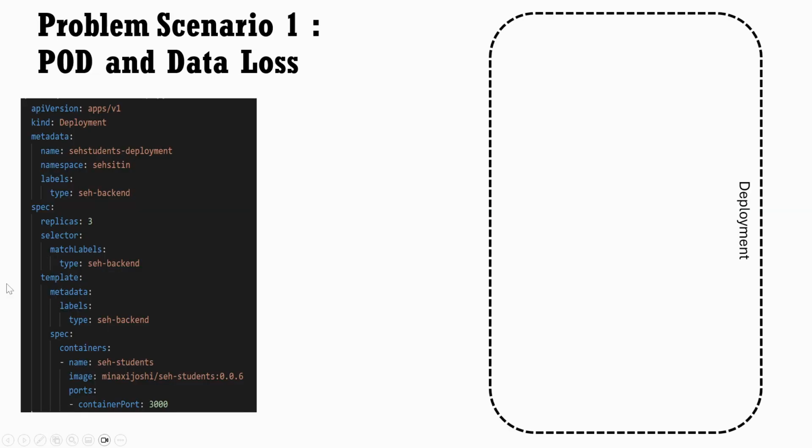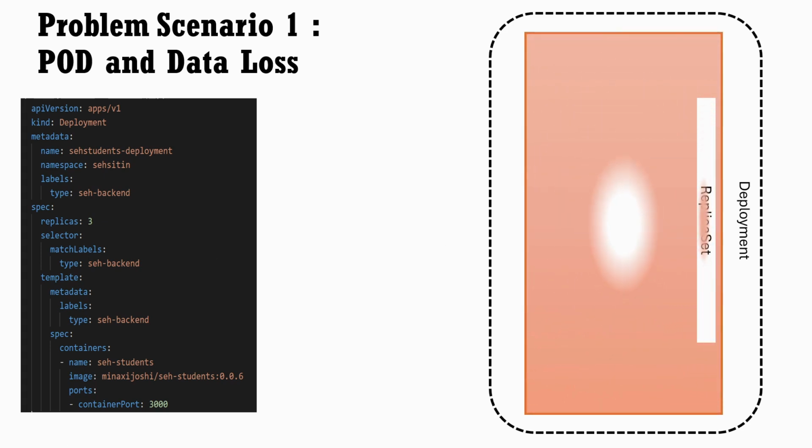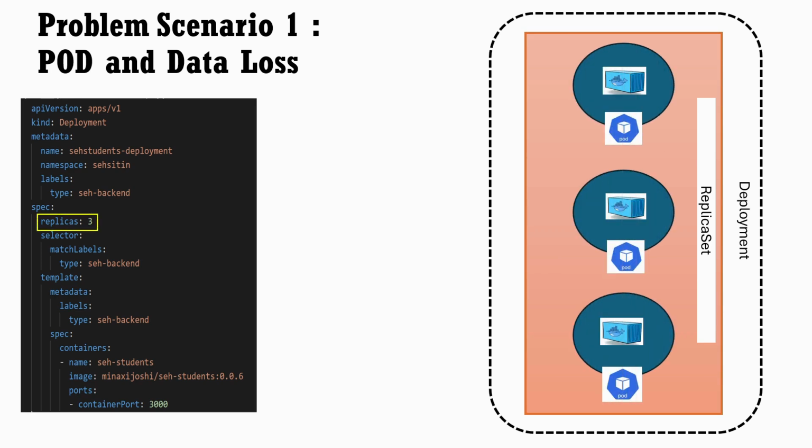Now let's discuss a problem scenario: how data loss happens in a pod. When we create a deployment in Kubernetes, the deployment creates a replica set controller. Kubernetes controllers ensure the desired number of replicas are always running. Let's say we configured 3 replicas. Kubernetes creates 3 pods. Now imagine we manually write some data to one of the pods. For example, we patch a Java trust store inside a container. If one pod crashes or is deleted, Kubernetes will immediately create a new pod to maintain the replica